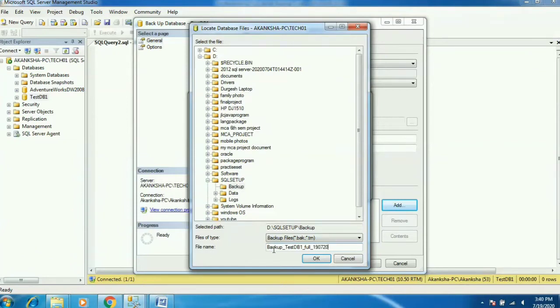This is the complete format for the backup media file name. Anyone can easily understand what time you took the full backup. So just provide the complete details, date and time, and the backup extension, like .bkp. I have provided it here, and then you just click OK.